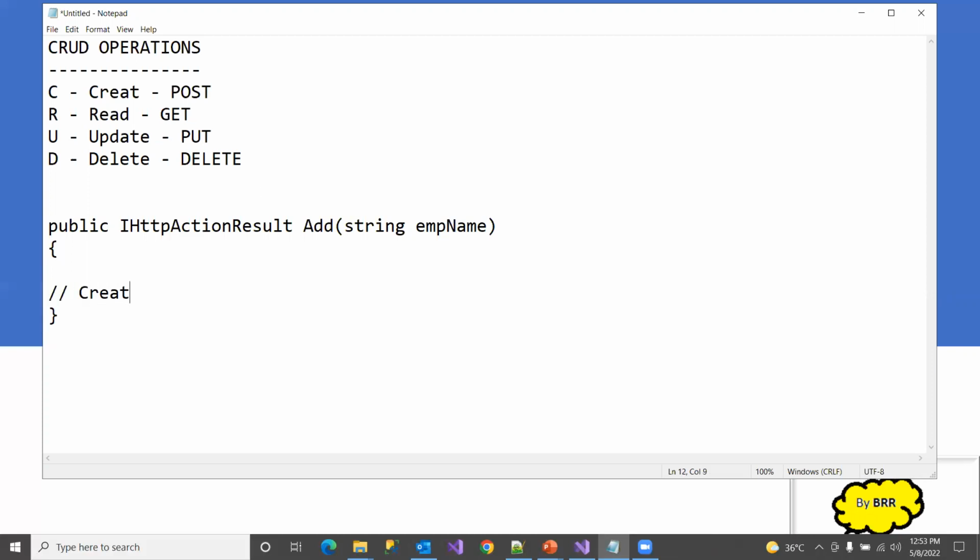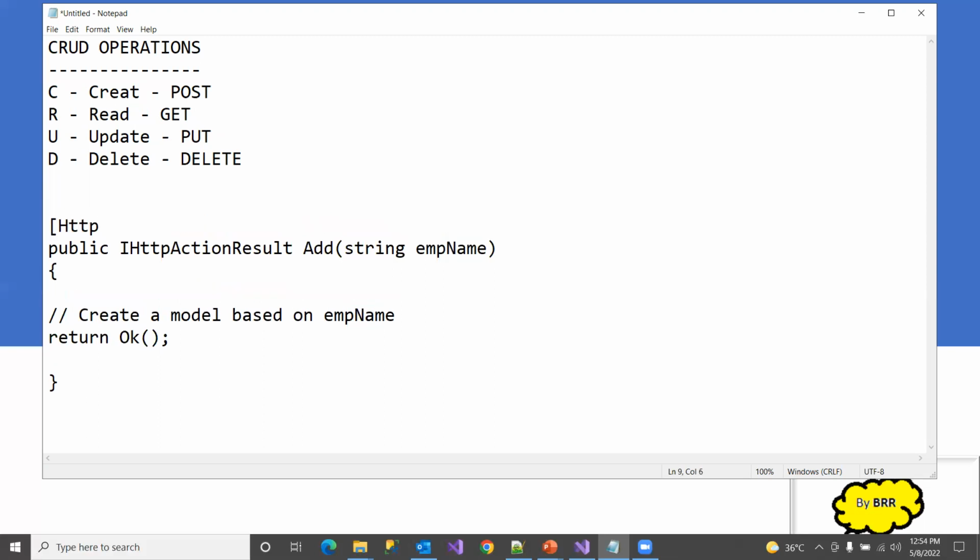here you will write your syntax or the model invoke, where you will create an instance and then call your model object to add the string based on the employee name or the class. And then you simply say return. This is the method we are going to return once you write your stuff in the add method. On top of this method, we'll simply say HTTP post here. This is nothing but